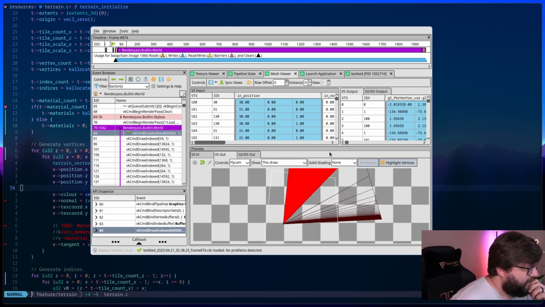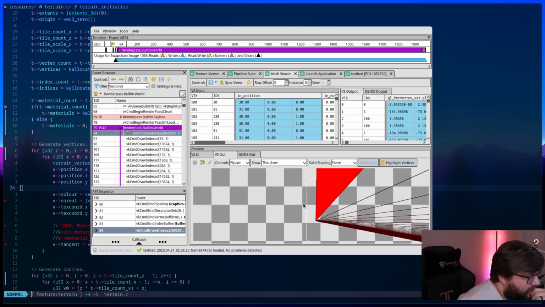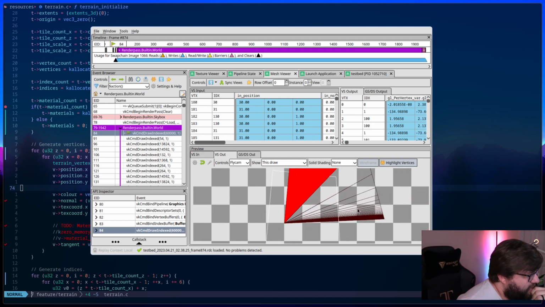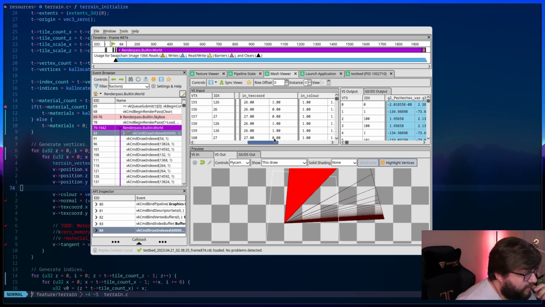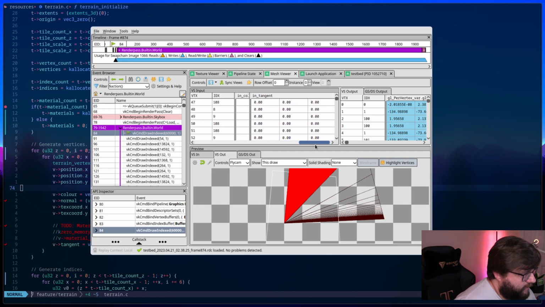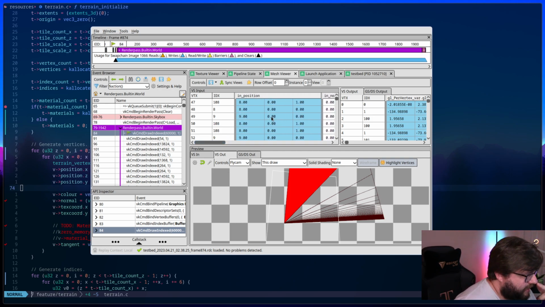That is definitely not what I'm looking for. That topology is way, way, way wrong. Okay. Oh, the normals are loading right, so that's something. Texture coordinates are probably just wrong as a result of everything else being wrong. Color is loading. Tangent we didn't calculate yet, so that makes sense that that's all zeroed out.